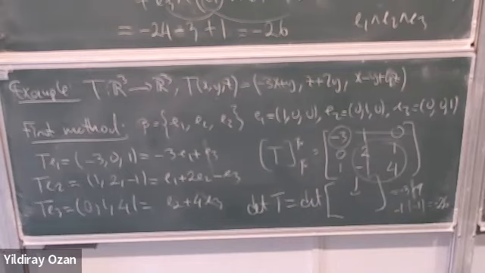Then we know what? T of E1, and the exterior power of T applied to this basis element is just the determinant of T times E1 wedge En. But I know that this is also just the determinant of the matrix representation of